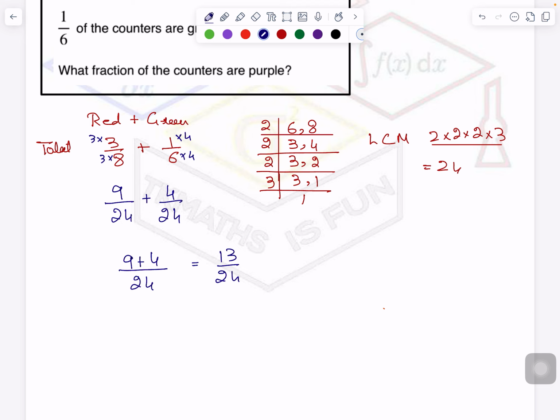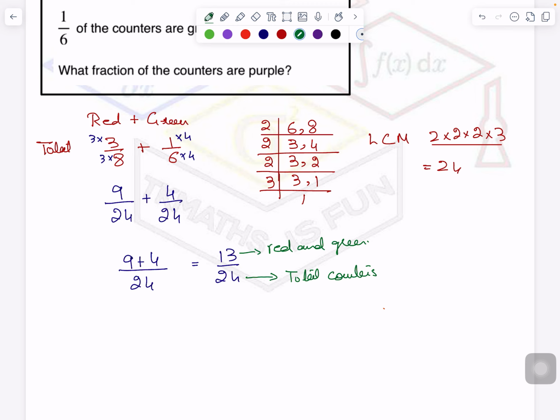Now there are 2 ways. One is mental maths and the other is working. Mental maths is easy at this point, but I will teach you both. This tells you the total counters. And I would recommend not to simplify right now at this stage. I mean, this one we cannot, but even if you can, try not to simplify it. Otherwise, you will not get the actual number of counters. And these are the red and green counters in the bag.